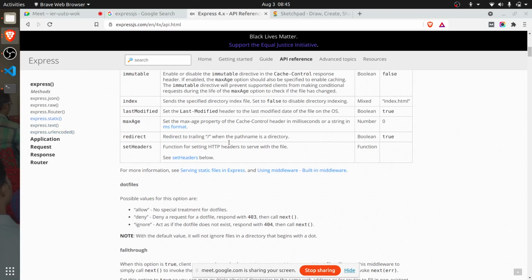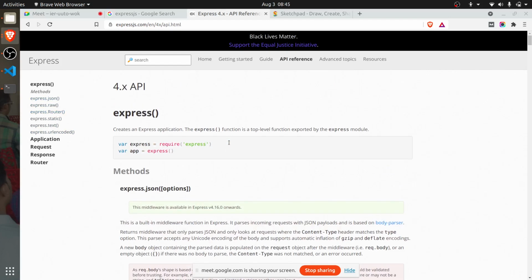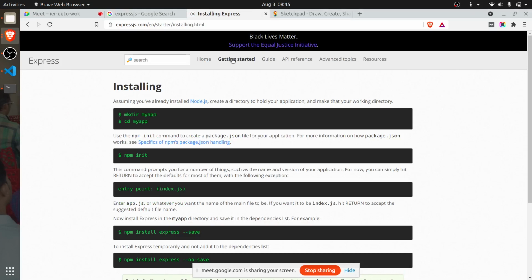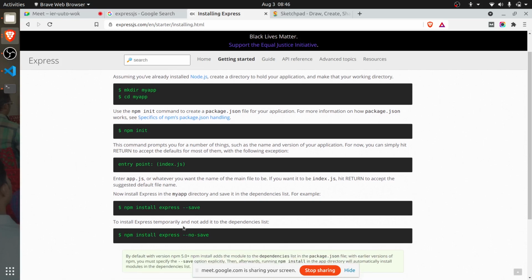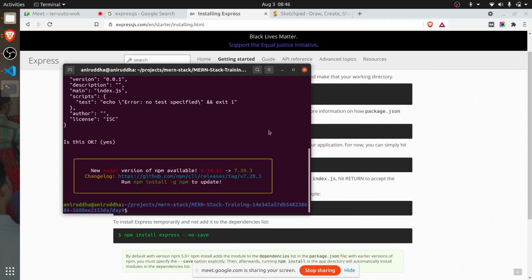And we have seen for such things there is the npm registry. Means if you are a JS developer and you want to put your work so that other people can use it, what would you be doing? You would be uploading that to the npm registry, and from the npm registry you can pull that. How do you pull from the npm registry? Here you can see npm install express --save. See what will happen.